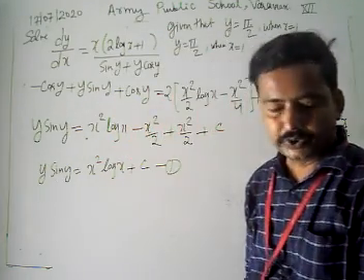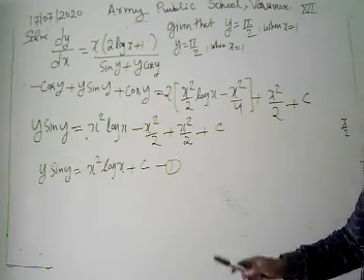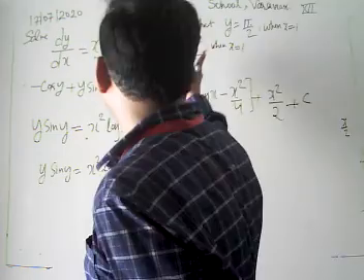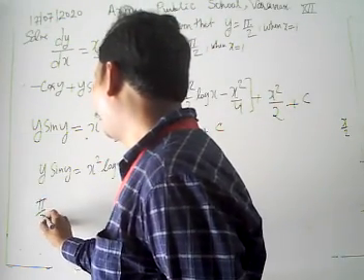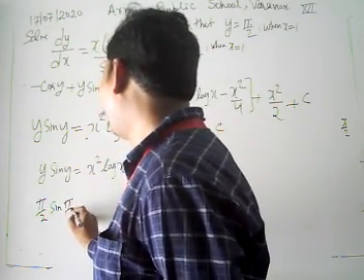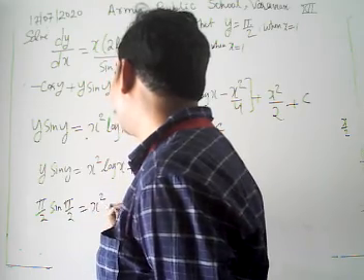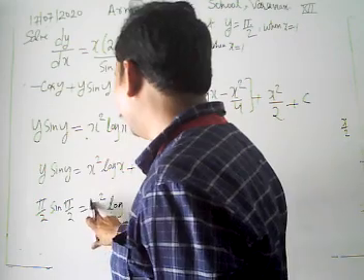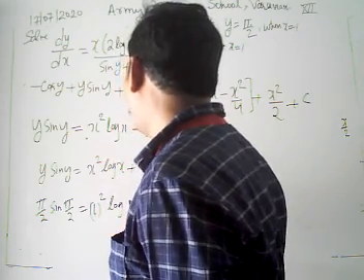First of all, we have to put the values here. We put y is equal to pi by 2, then pi by 2 sin pi by 2 is equal to x square log x plus c. We take the value of x as 1, then 1 whole square log 1 plus c.